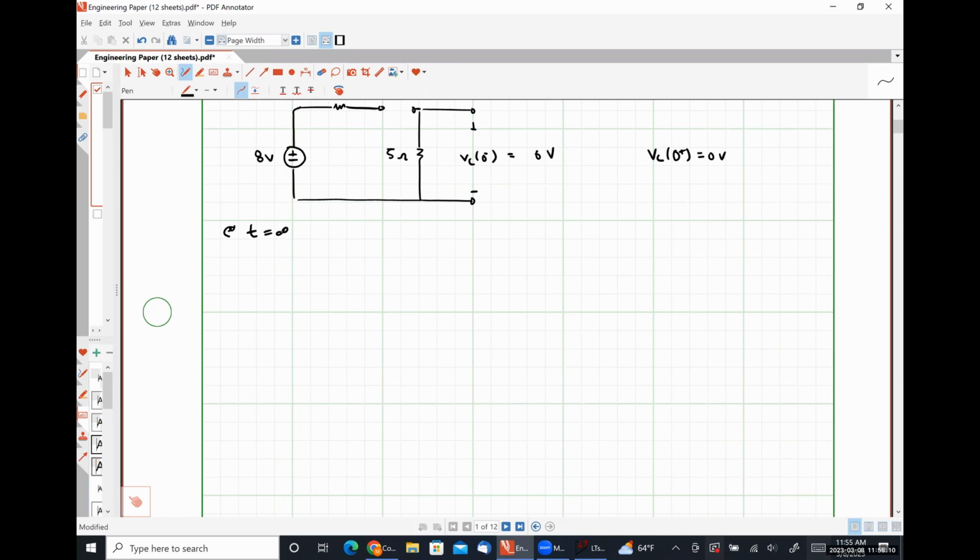At t equals infinity, I'm at DC steady state, but now my switch is closed. So I have my 8-volt source, my 10 ohm resistor, my 5 ohm resistor. My capacitor looks like an open circuit. So what's VC at infinity going to be here? Voltage drop across the 5 ohm resistor, absolutely right, which is going to be